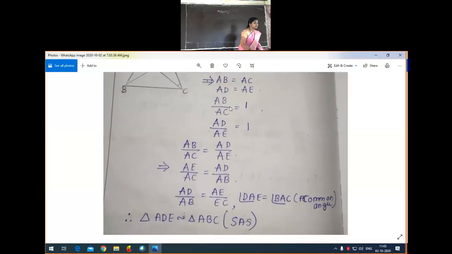From that result we got that AB by AC equals AD by AE. Listen carefully, only one step. AB by AC equals AD by AE, how? Because both are equal to 1. Now just exchange. What do we have to exchange? We have to transfer this AE to this side and take this AB to this side. Are you observing the cursor here?